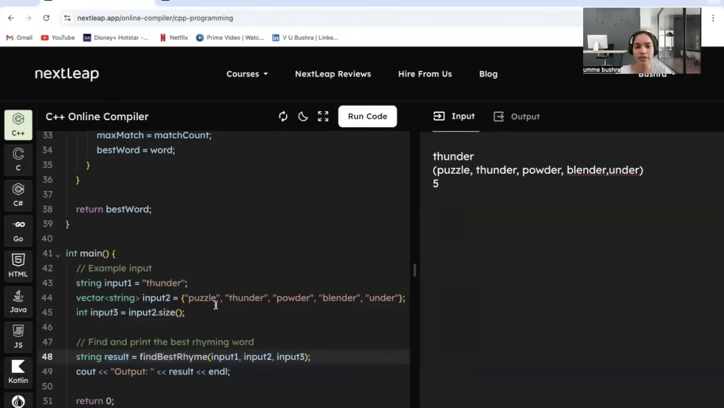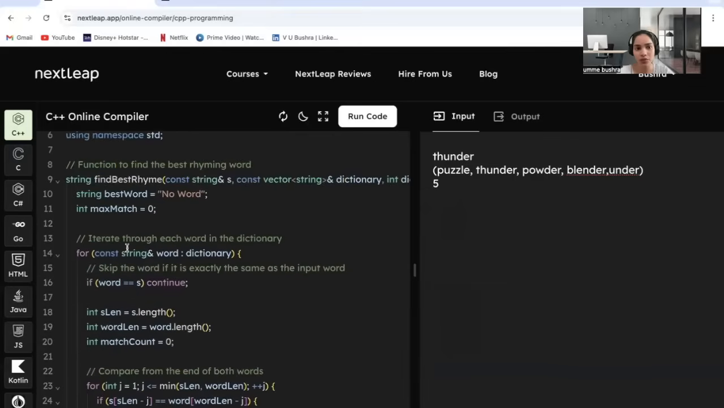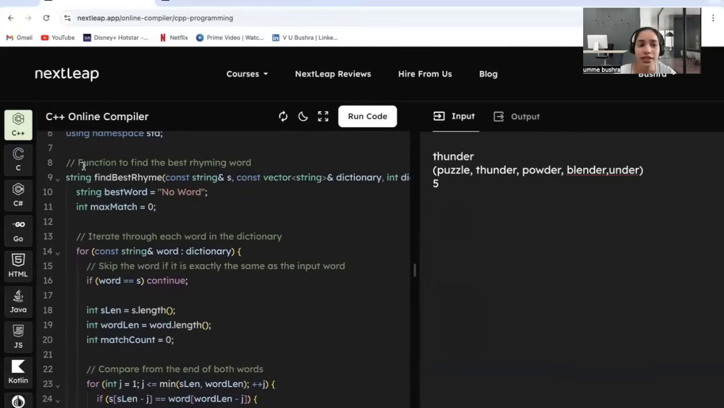where all three inputs are given. Now let us look at my function, what I've tried to do. This is find best try. This is what I'm going to do. So I have my string, I'm going to call it as S, where I have